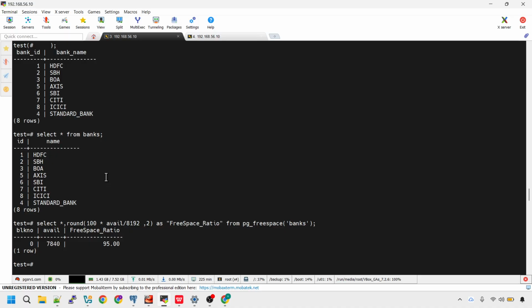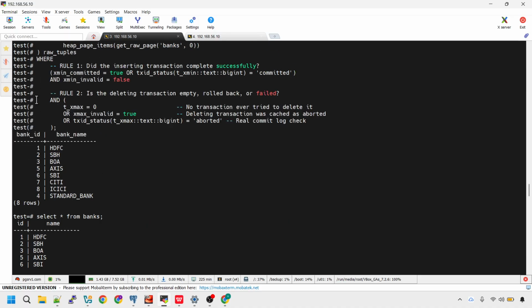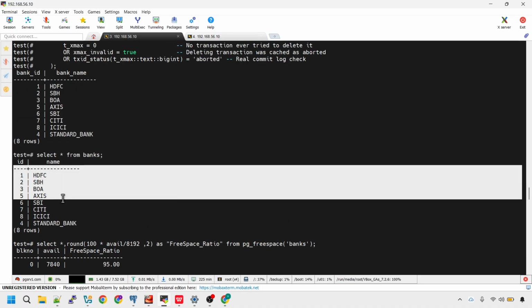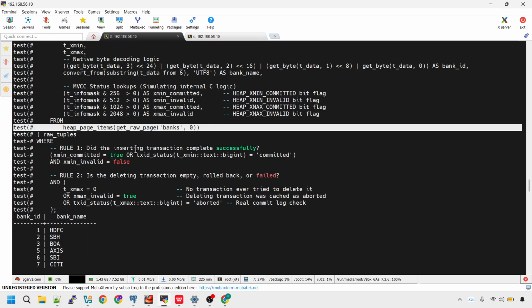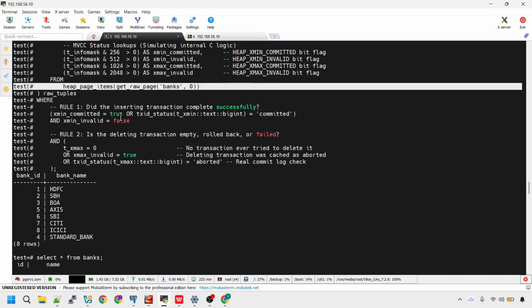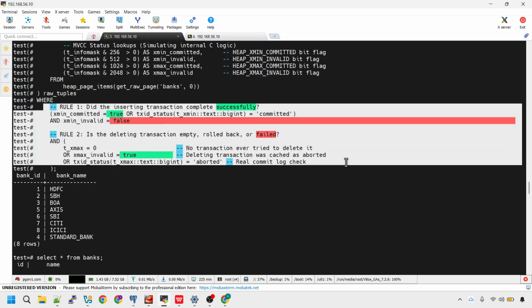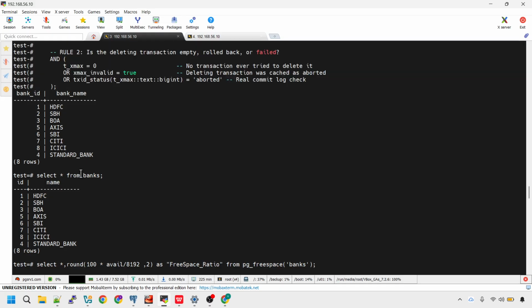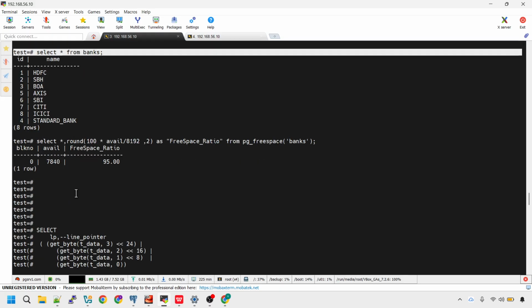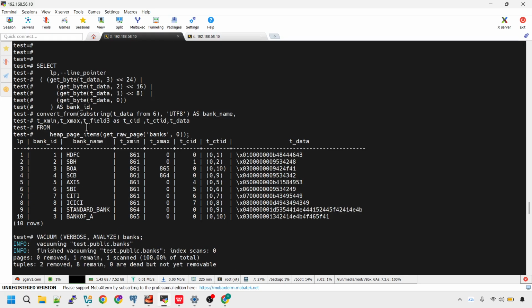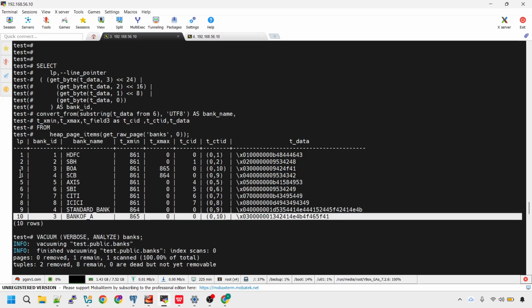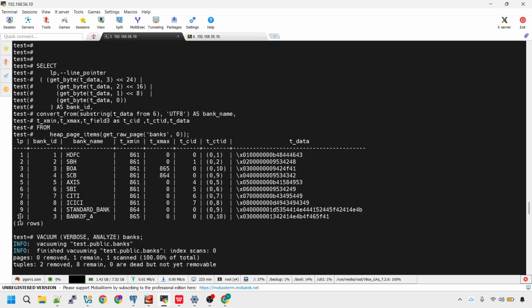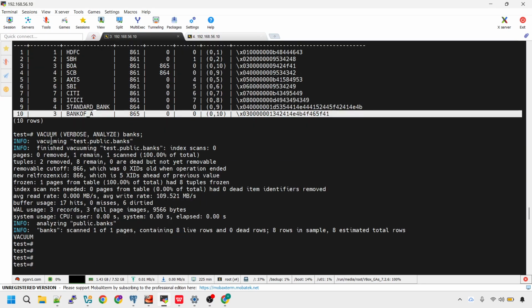After that, I showed you the data from select star from banks, and I also showed you the data from the page. But this time, while showing the data from the page, I used the where conditions which Postgres internally uses for this particular query. And then I also showed you the data without using the where condition. You can see there are 10 records in this page, out of which the 4th record and 10th record are not required. So the moment I do vacuum,